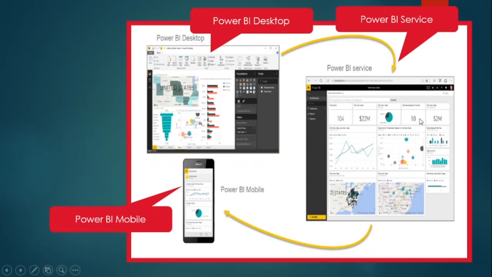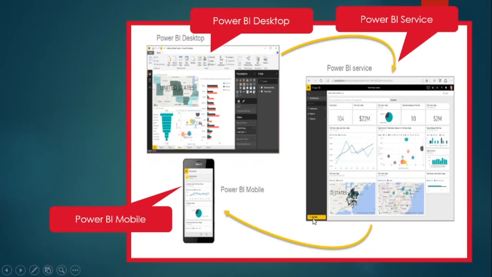And if you want to access the Power BI services, you just need to access app.powerbi.com, and it will ask for your Power BI credentials, the credentials with which you purchased the license. Once you put in your credentials, it will redirect to this page, Power BI services, and you can deploy your report by clicking on get data.